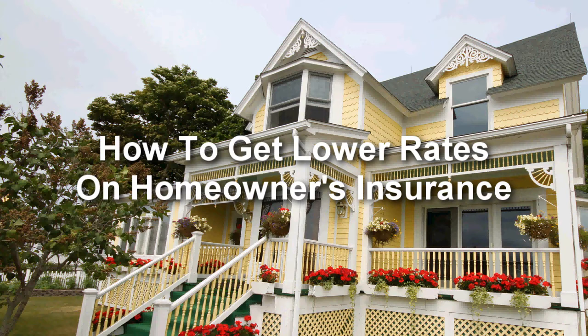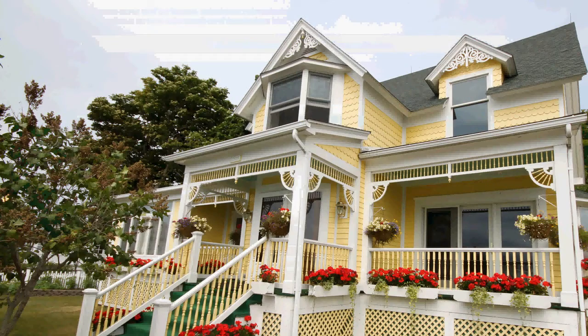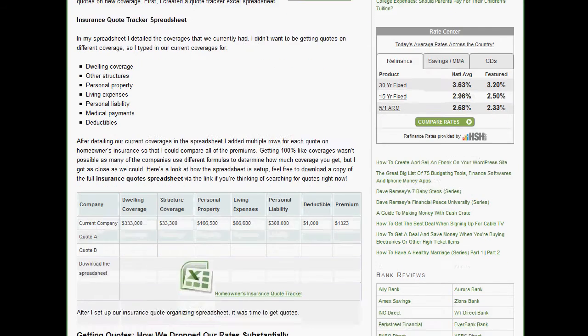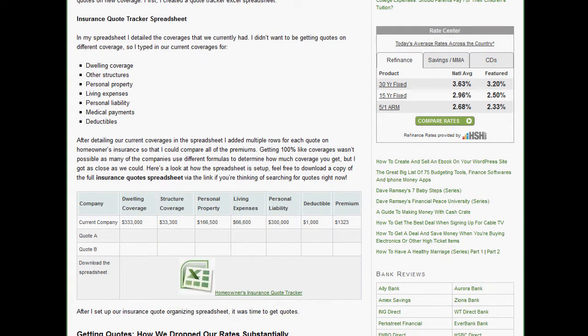Before we get started, let's back up a step. I'm going to quickly talk about some of the things I did when I was getting homeowners insurance quotes this past week in order to get the best deal. First, I put together an insurance quote tracker spreadsheet